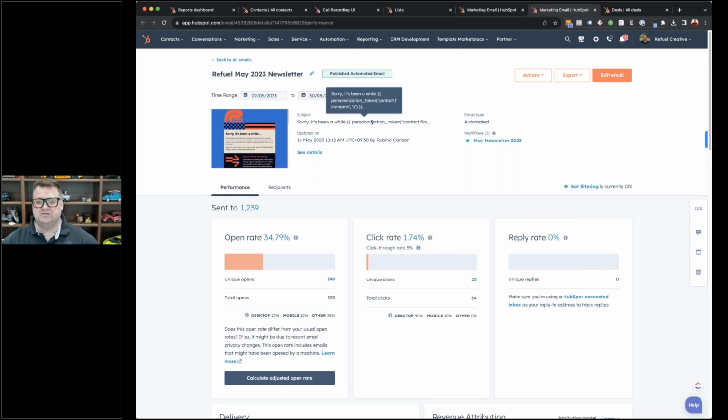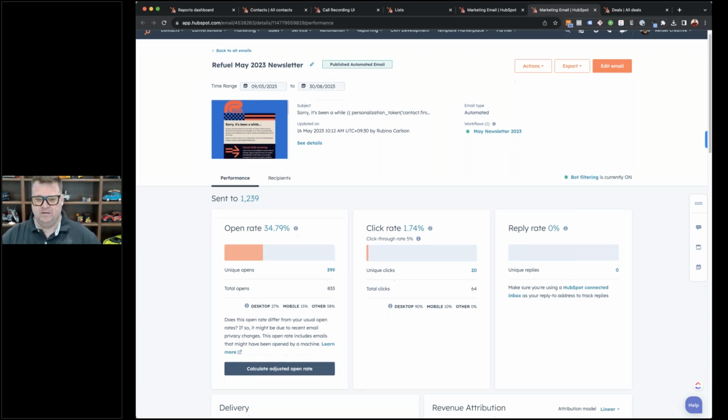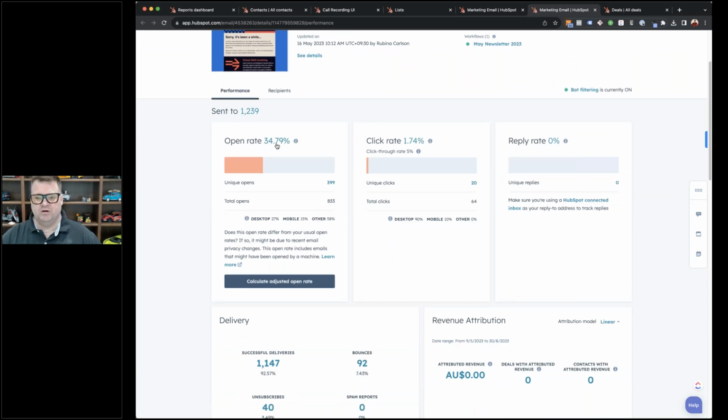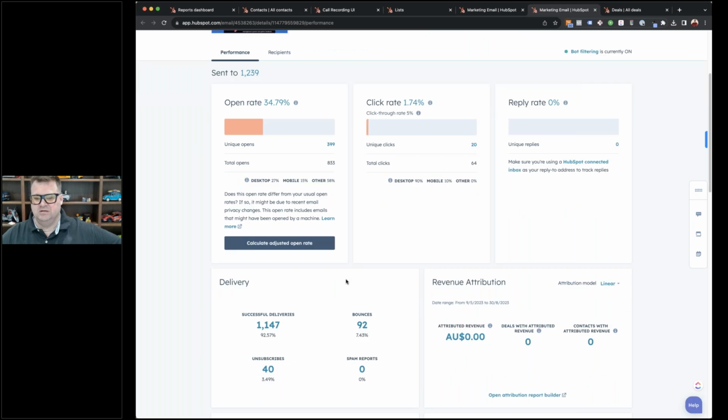But first things first, you can see we've actually got a personalization token in there. So we can use any of the data in the CRM to personalize the emails. And this is not an amazing trick really when you think about merge tags and things have been options for a long time. But small thing there. This is giving me my reporting on our open rates, our click-through rates, our reply rates, deliveries,